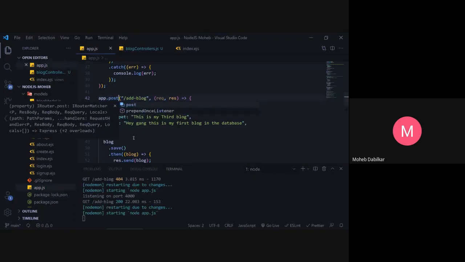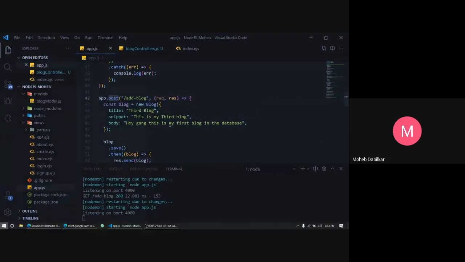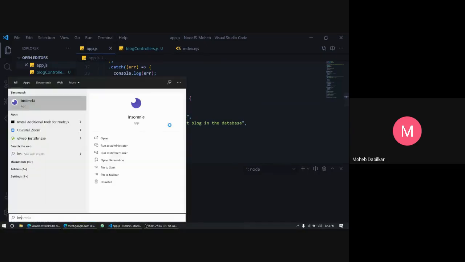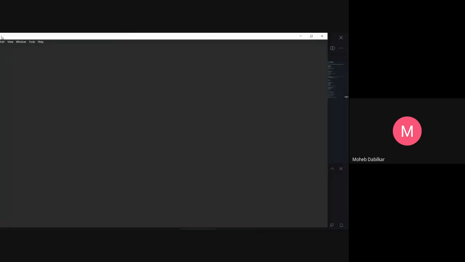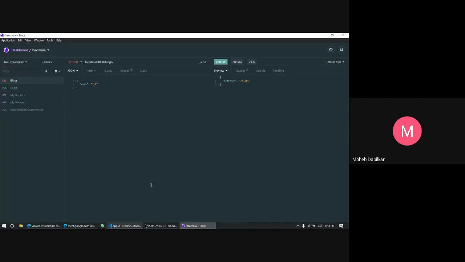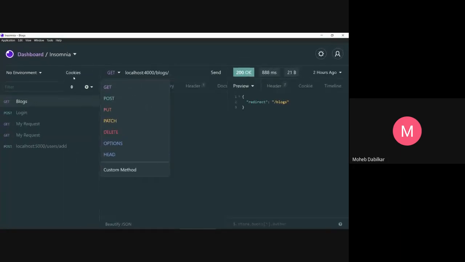So how do you do these post methods and all without using the browser? We have something known as Insomnia. Insomnia means sleep deprivation, and this application does just that. So here you have the method. By default, we always do get. Let me just see if we can zoom in over here. By default, it does get, post, put, patch, delete, options, head, and whatever. So now we want to use the post method.